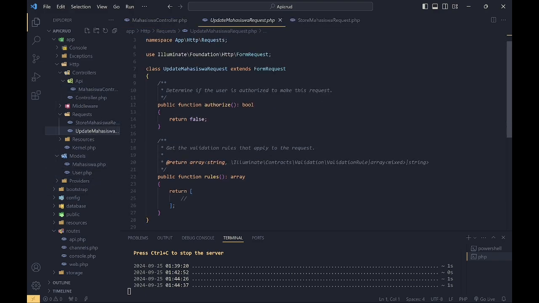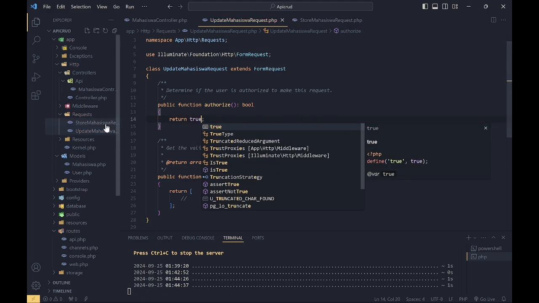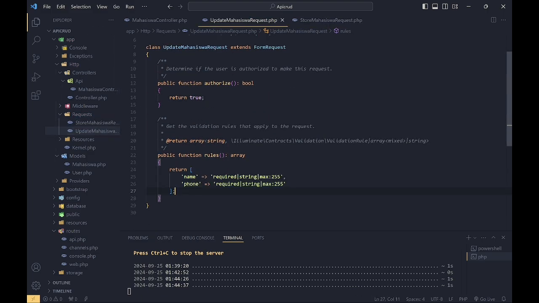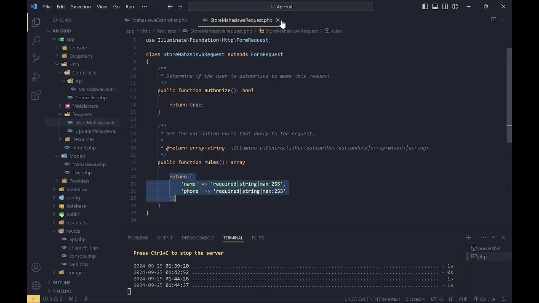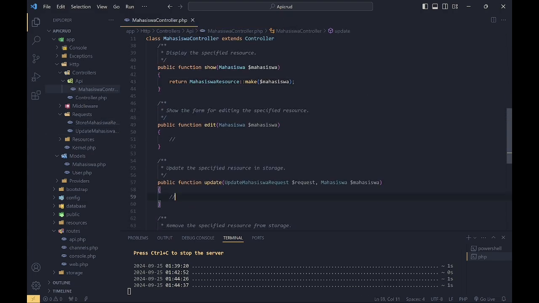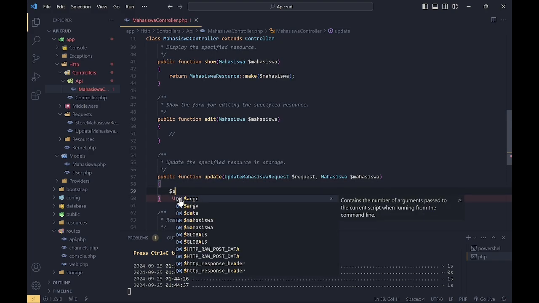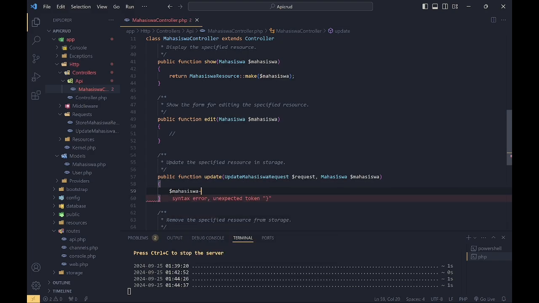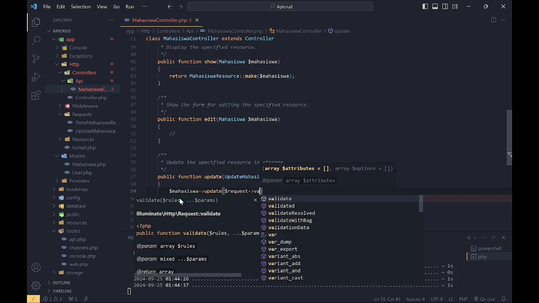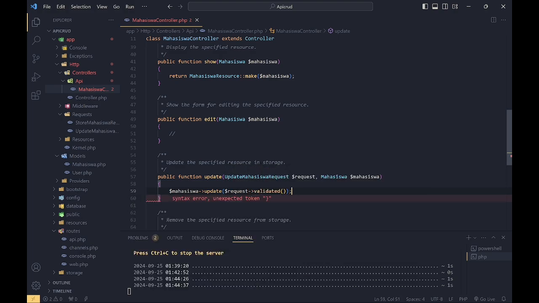And now we will change this Update Mahasiswa request, and then I copy it from Store Mahasiswa, and I paste it in Update Mahasiswa like this, and then we will make a function for update. So this is the code for update.